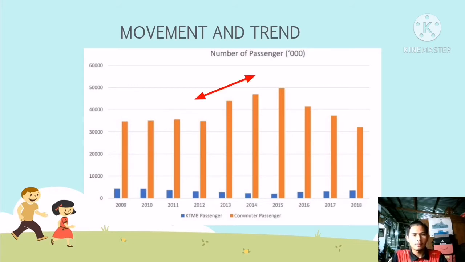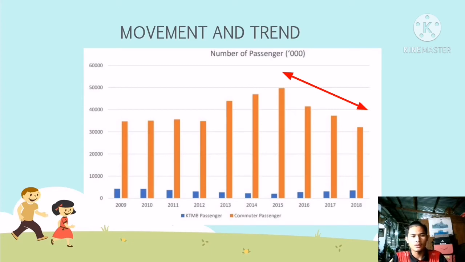Next, the number of passengers for commuter rose marginally from 34 million 683,000 in 2012 to 46 million 957,000 in 2014 and reached a peak at 49 million 690,000 in 2015. After that, the number of passengers for commuter dropped slightly from 49 million 690,000